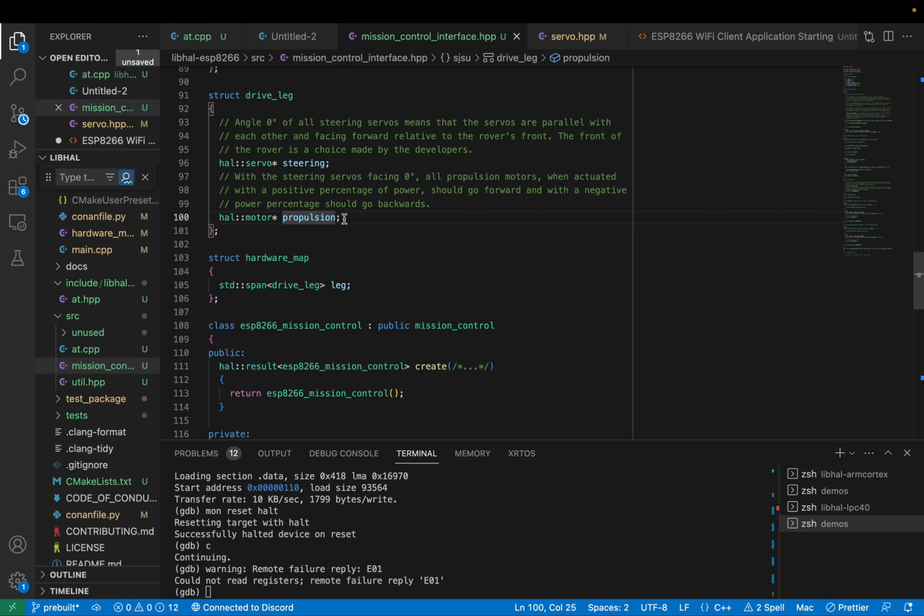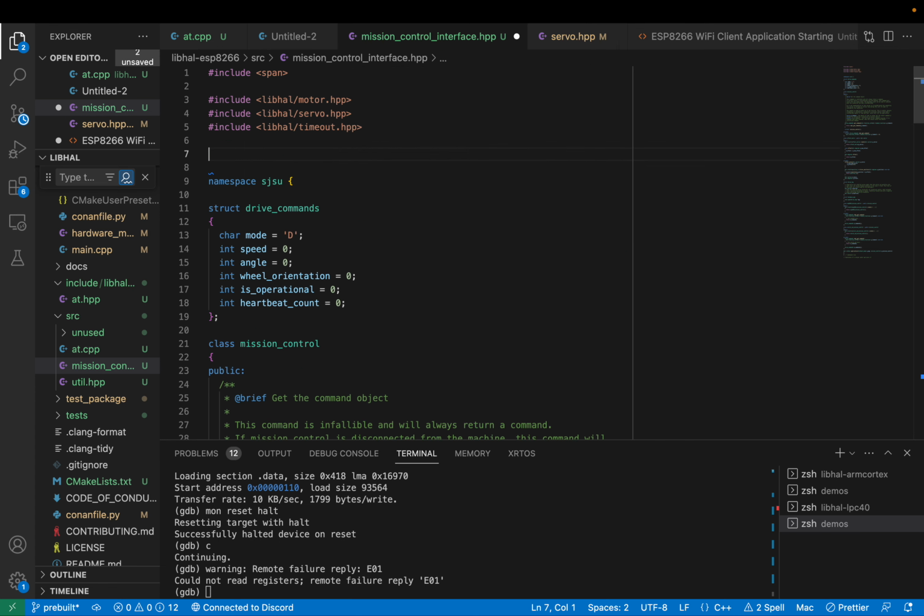Cool. Now, one thing you can do is let's say you want to disable a certain motor. Let's say it's not working or something like that, or you just want to see what happens when you remove it from the equation. What you can use is